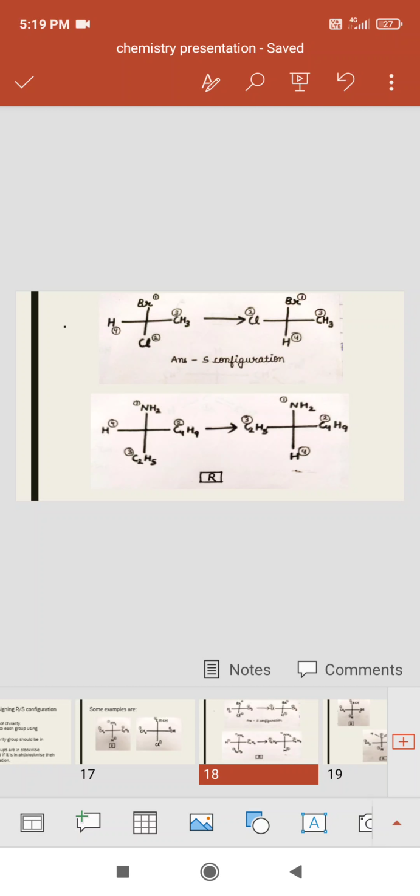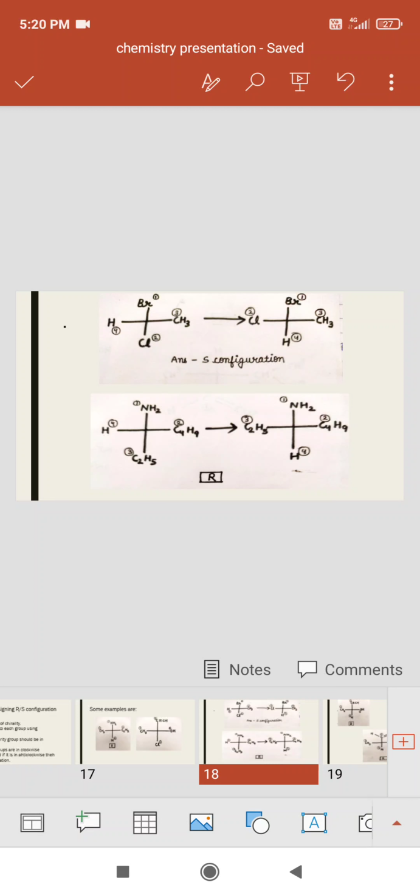Now see these examples. First, here bromine will get the first priority because it has greater atomic number than Cl. Then Cl gets the second priority, CH3 gets the third priority, and hydrogen gets the least priority. Here hydrogen has the least priority, so it should lie on the vertical line, which changes the positions. So now see the direction. First, second, third means anti-clockwise direction. Anti-clockwise direction, so this is S. And the least priority group lies on the vertical line, so no problem. This will be S configuration.